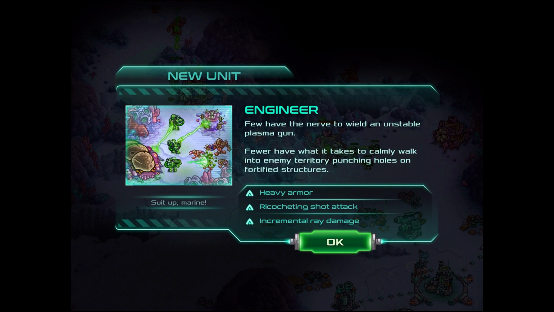So what these guys have is heavy armor. So they're like your tanks out of all the groups. You know, the snipers are really easy to kill. The rangers are sort of in the middle. The engineers are the tanks. They have a ricocheting shot attack, which really doesn't do all that much damage. I would rather go with Marines over these guys if you're trying to do damage. But if you're trying to kill really strong units or buildings, these are the guys to go with